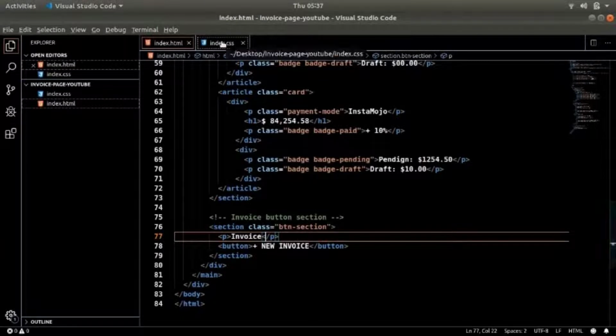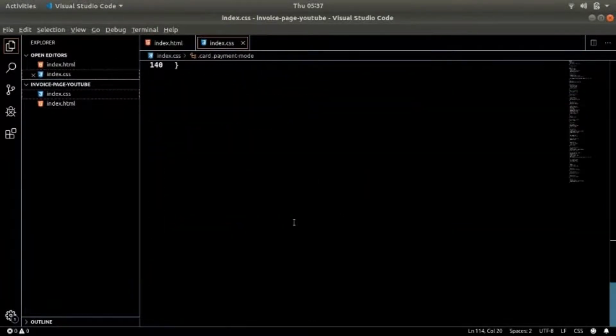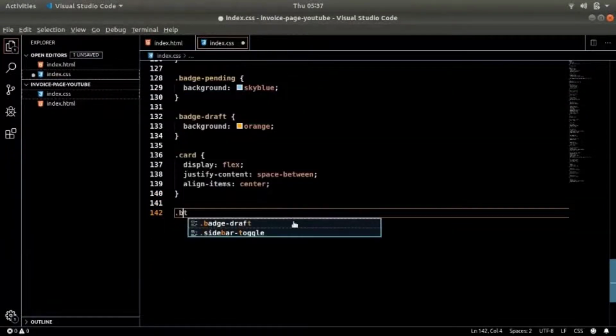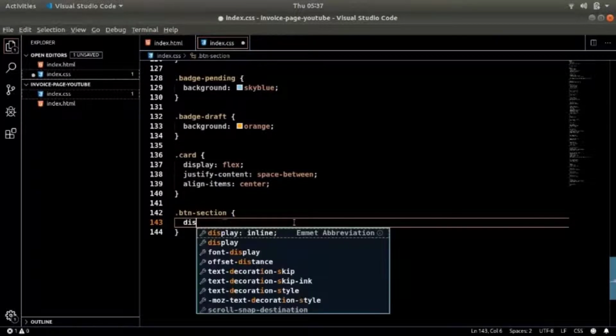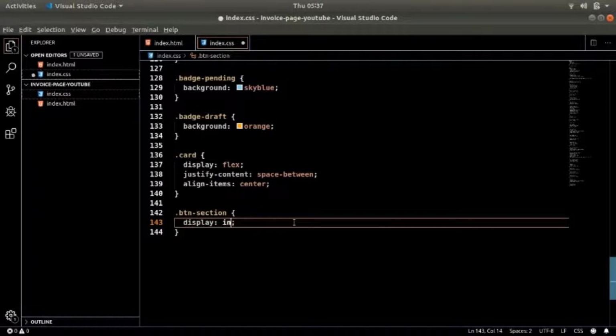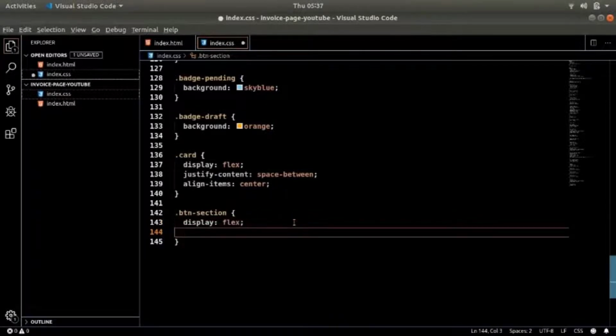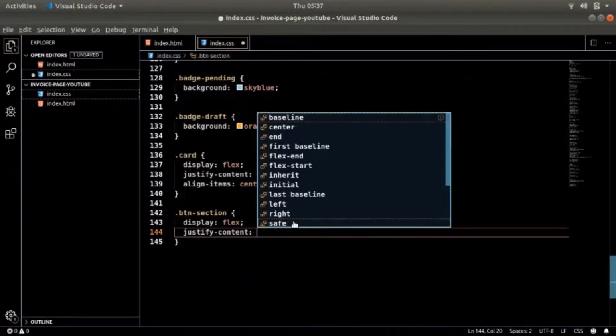Now let's align them. So we have dot btn section, display, which is going to be flex. Now why is it on my fingertips? You just use it so many times.